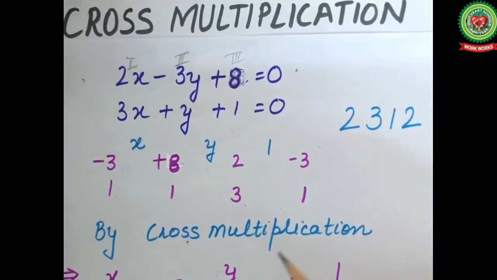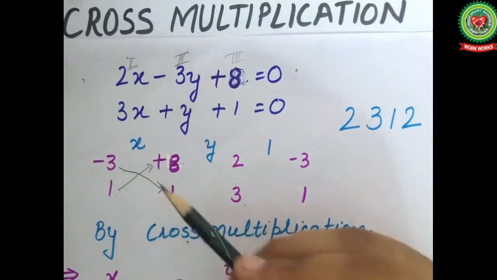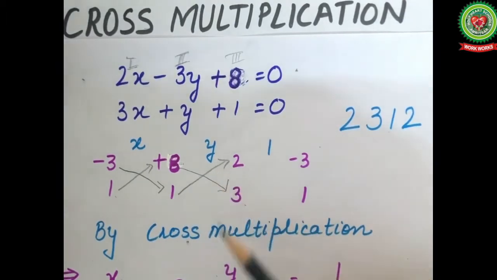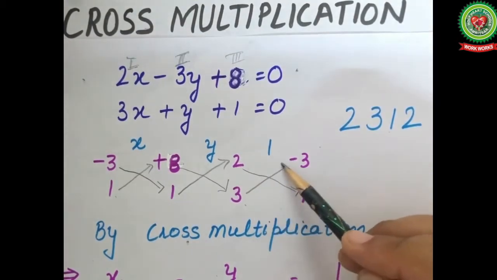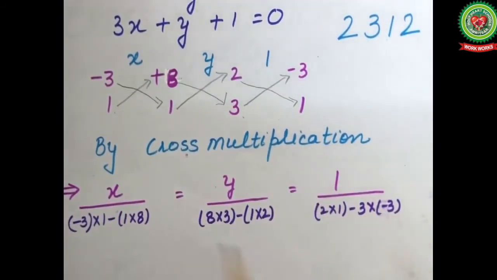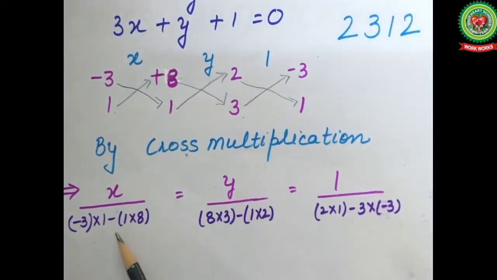Now students, we have to do cross multiplication. So this term will be multiplied with this one and this will be multiplied with this one. Here also 8 will get multiplied with 3 and 1 will get multiplied with 2. 2 will get multiplied with 1 and 3 will get multiplied with minus 3. And the next thing that you need to remember is that in between these you have to write x, y and 1. Now by doing cross multiplication, we'll get x upon minus 3 into 1 minus 1 into 8